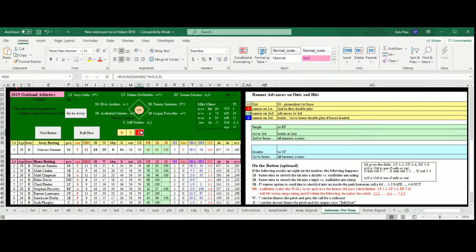So if you have an exclamation point, if it comes up with 5 or 6, it will be a range. If it is an error check,